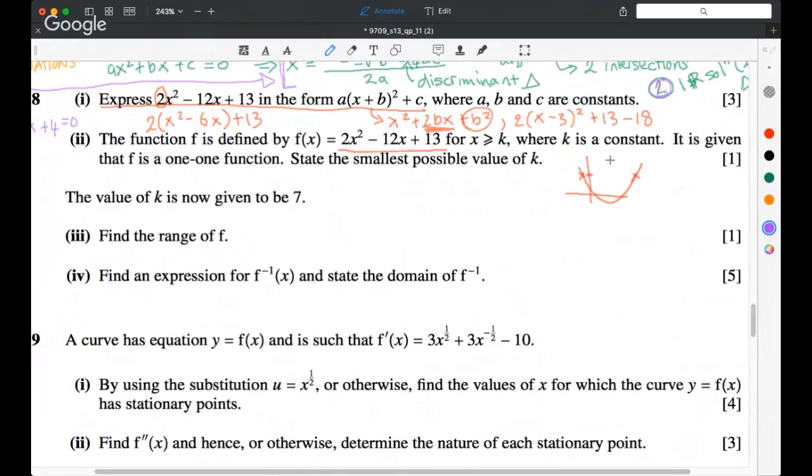But what if I say, no, I don't want the whole of space going off to infinity. I only care about this section. Now it's a one-to-one function. For any given value of y, it just doesn't pick up that side. You're only talking about what it has on this side. So as long as you